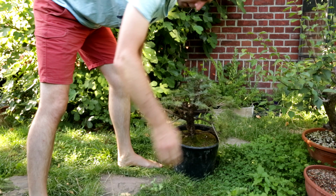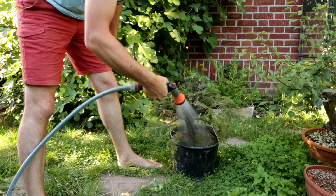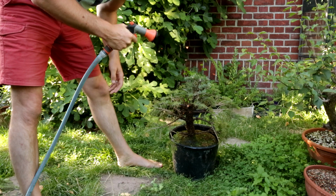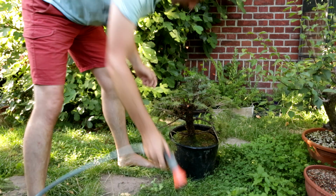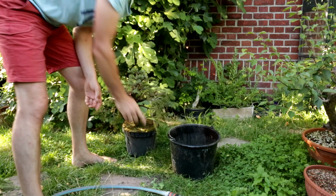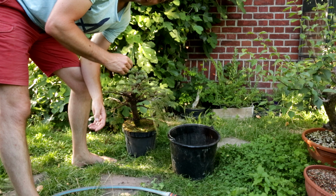well. I see a lot of videos that do this. You put your tree in a bucket, you fill the bucket with water, and then you just let it sit for 20 minutes and your tree is well watered. You take the tree out of the pot, you let it drip out and you put it back on the bench. That is not what I mean with well watered, and